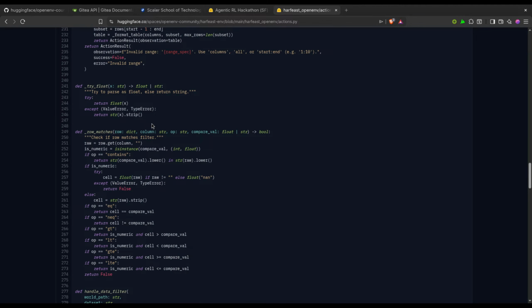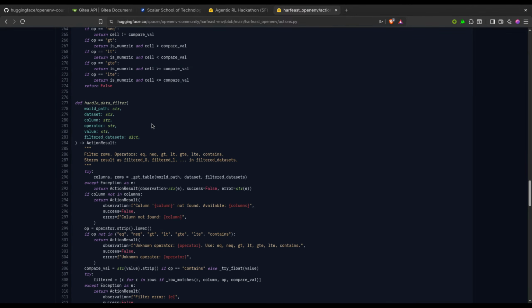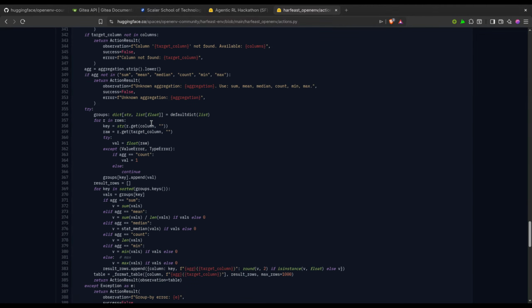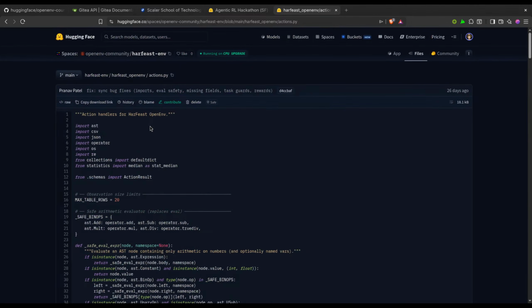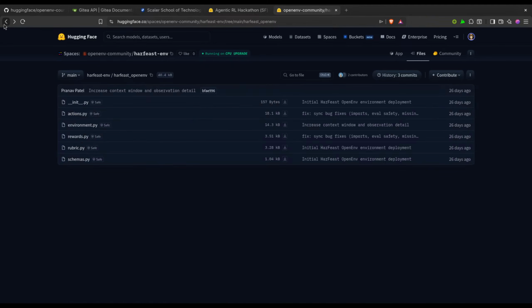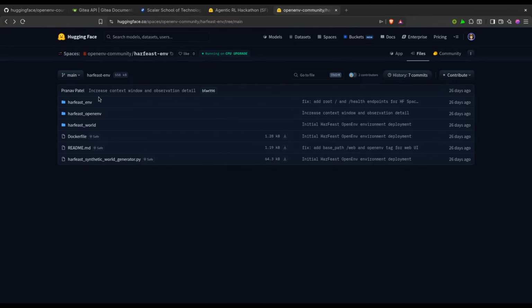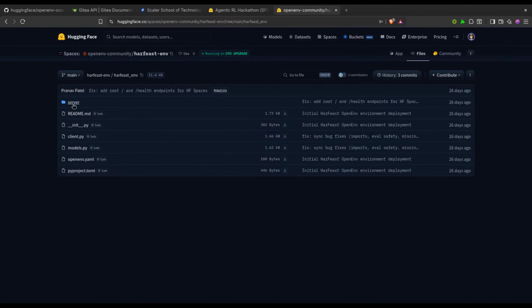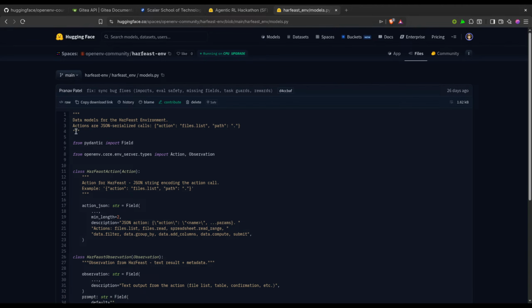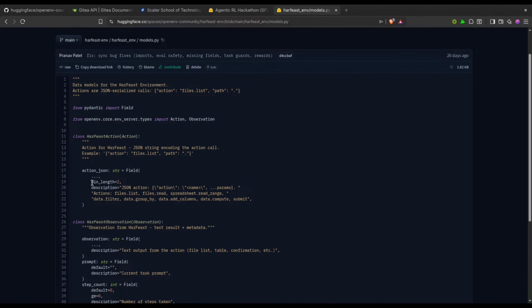Okay, row matching. So it's matching the row, and then data filters. So all the logic for the task has been written over here. Let us code. Environment. Okay, this is where I think the things that I wanted are being listed. XML and JSON. This should be of minimum length too. Okay, and this is how he defined it. He's defined it also, right?